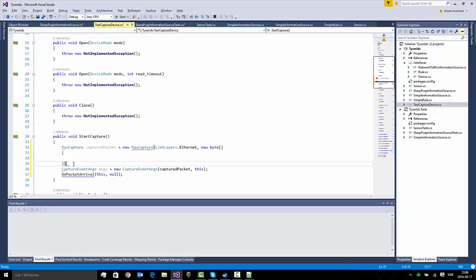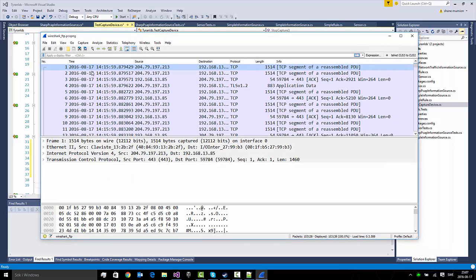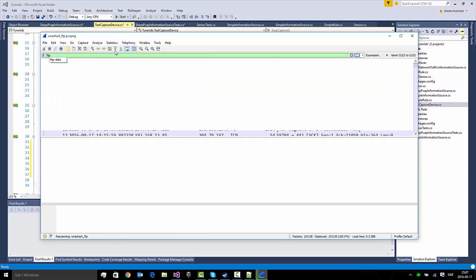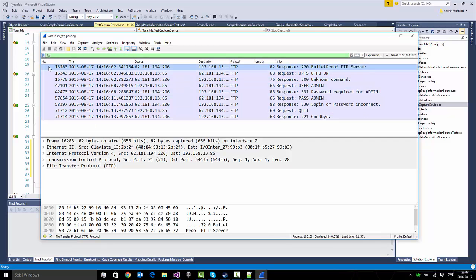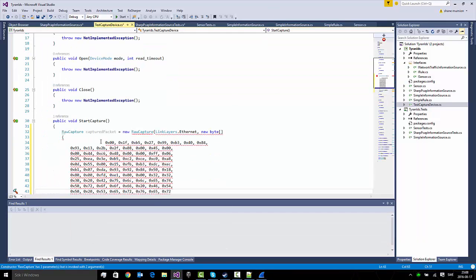Well, we were looking at FTP information. So if we go to some actual real Wireshark capture data, and if we select out some FTP information, so here we have a capture of some network traffic, FTP traffic, and here we can see the raw bytes. So we can use these raw bytes to simulate the network traffic from an FTP capture. So if I just paste that in, network traffic information,